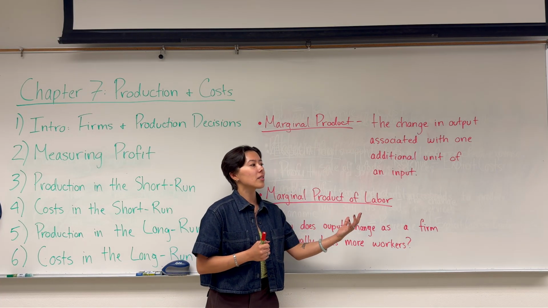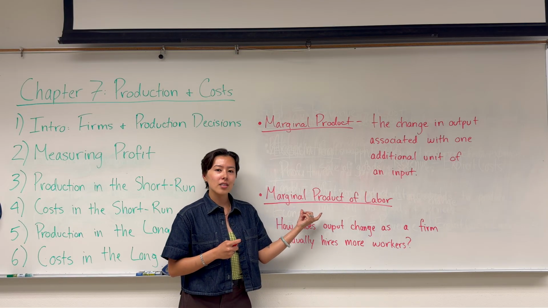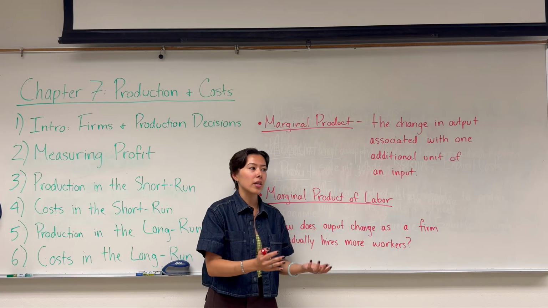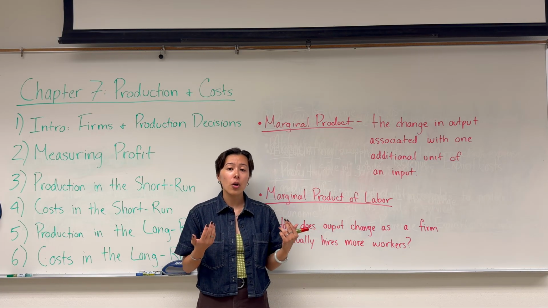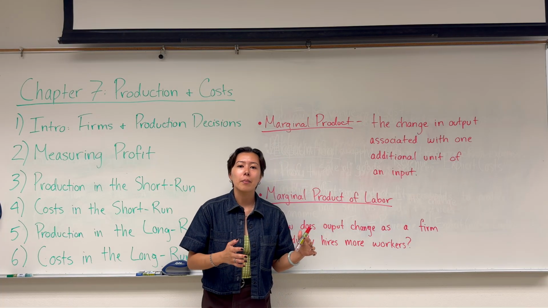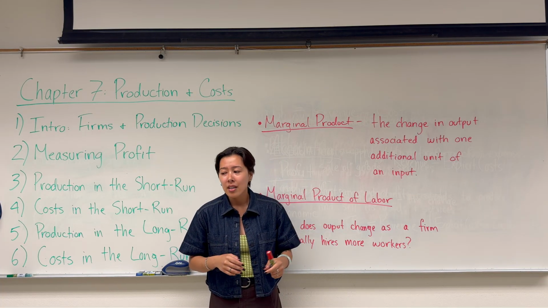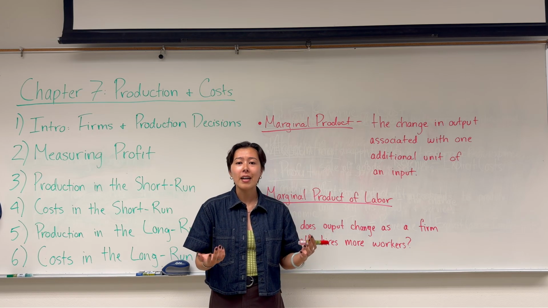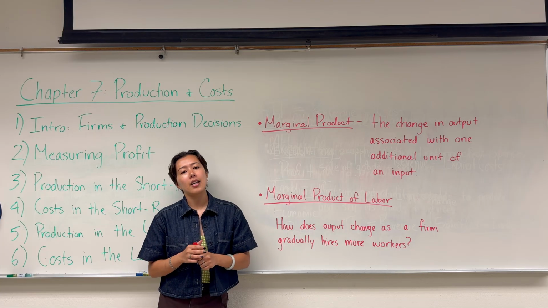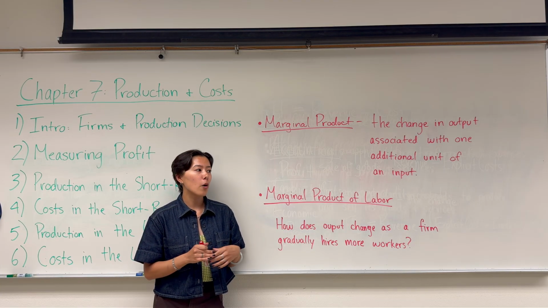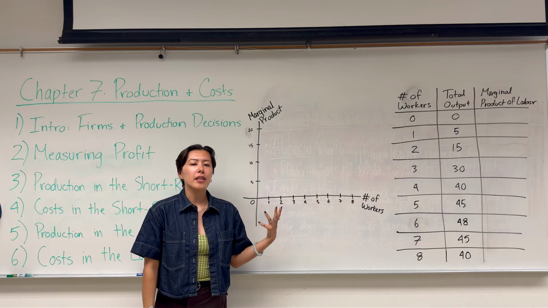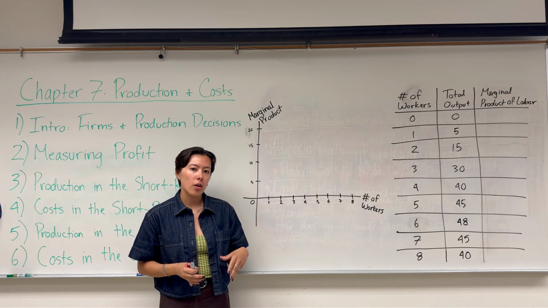So at some point, the marginal product of hiring that additional worker, maybe going from 20 employees to 21, could actually start to hurt my productivity. If it gets too crowded in my restaurant, then my employees are getting in one another's way, or there's not enough space for them to work effectively. So at some point, if I have too many workers and my capital is fixed, my marginal product of labor could actually be negative. So let's see how we can illustrate this marginal product of labor now on a graph